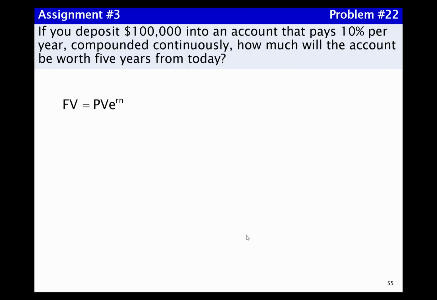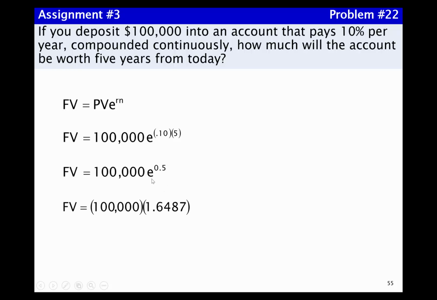And when we do that, we have to use this equation. Future value equals present value times e raised to the r times n power. So we take 100,000, which is the present value, we take the interest rate as a decimal, 0.10, multiply that by the number of years, which is 5. So it's e to the 0.5. So in your calculator, you're simply going to press 0.5. I think e to the x is gold first, so gold e to the x, and then multiply by 100,000. When you press e to the 0.5, you get 1.6487. Multiply that by 100,000, and our future value is